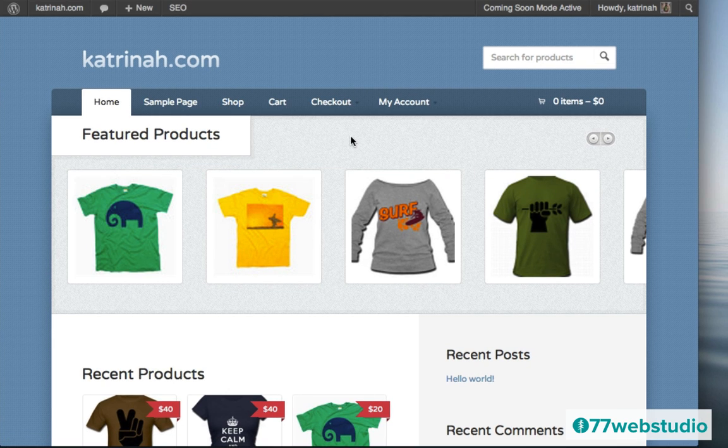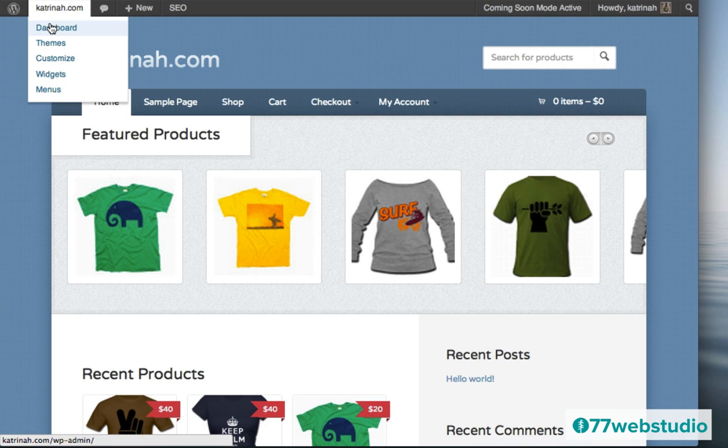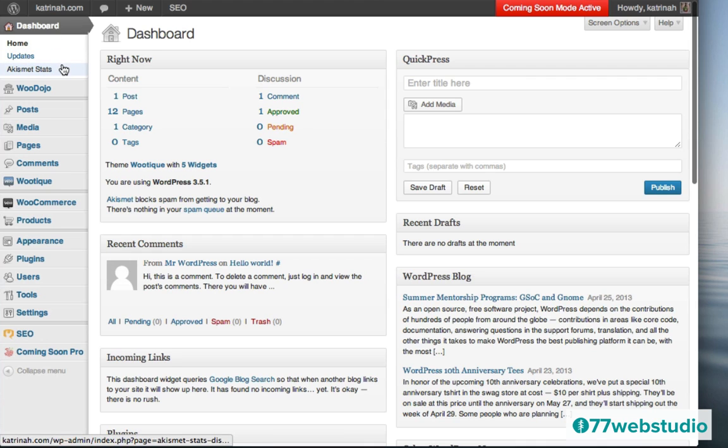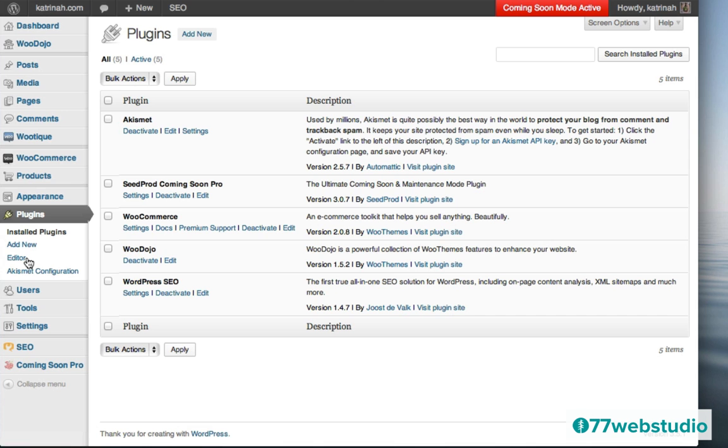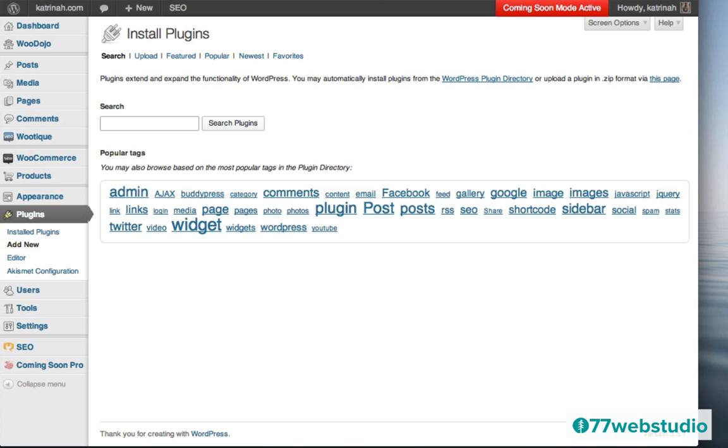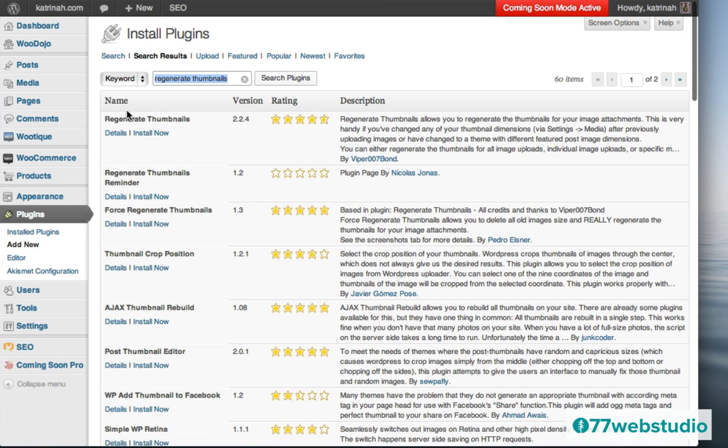So to solve the problem of blurry images showing up in the featured product slider, we need to take 3 steps. The first step is we need to go to the dashboard right here. I'm going to click on Dashboard, and we need to add a plugin called Regenerate Thumbnails. So I'm going to come down to the left-hand sidebar, click on Plugins right here. And then I'm going to add a new plugin by clicking on Add New at the top. And I'm going to look for a plugin called Regenerate Thumbnails. Then I'm going to click on Search to search for this plugin. And here we see it's the first one that pops up.